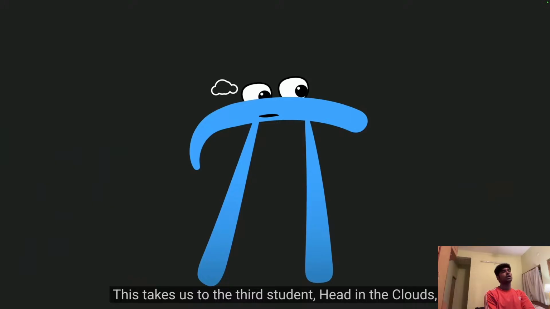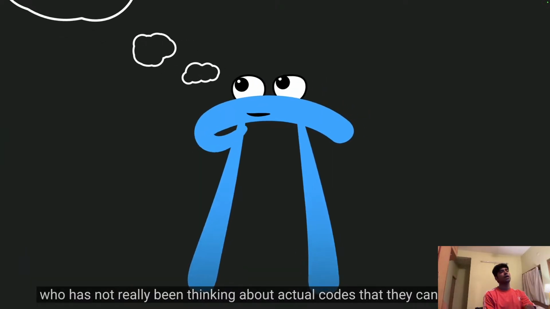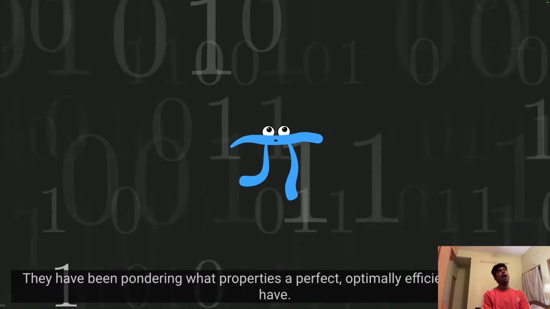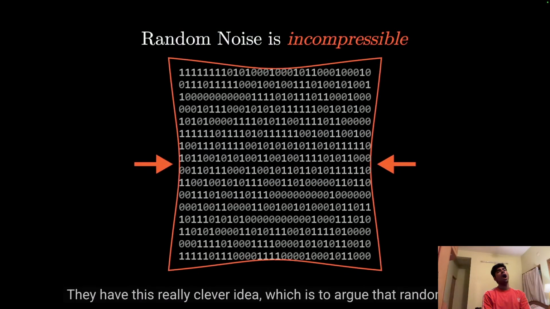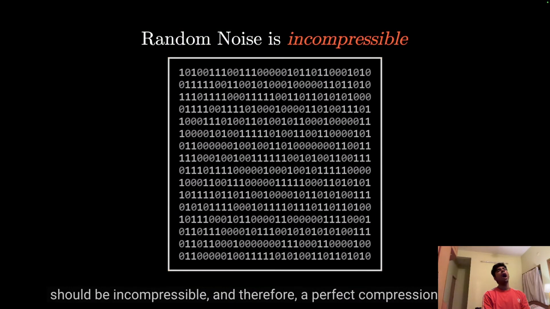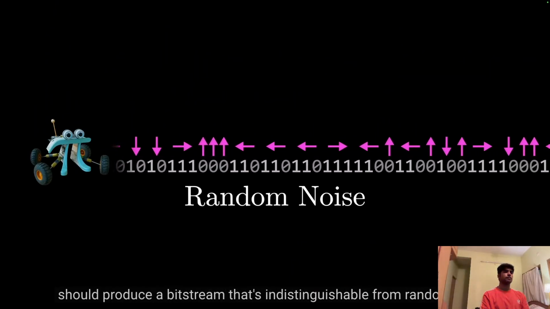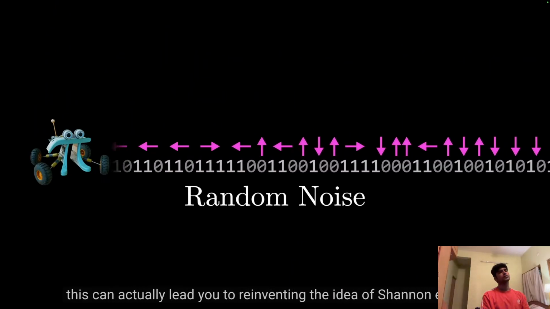This takes us to the third student, head in the clouds, who is not really even thinking about actual codes that they can implement. They have been pondering what properties a perfect, optimally efficient code would have. They have this really clever idea, which is to argue that random noise should be incompressible, and therefore, a perfect compression algorithm should produce a bit stream that's indistinguishable from random noise. What's neat is, even though that sounds kind of simple, this can actually lead you to reinventing the idea of